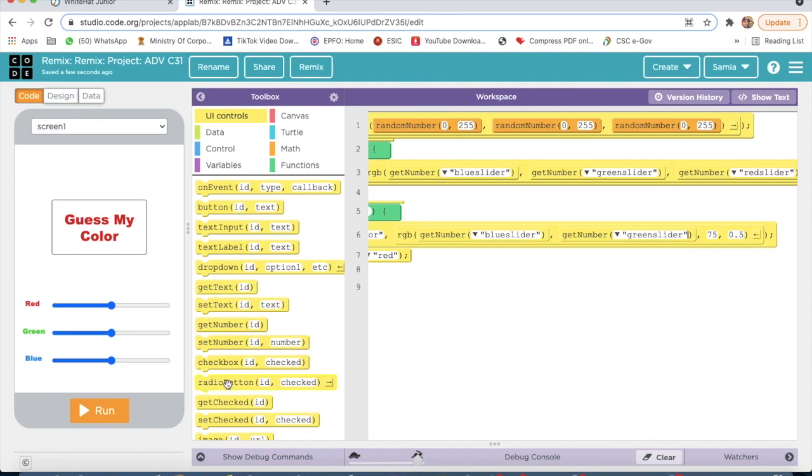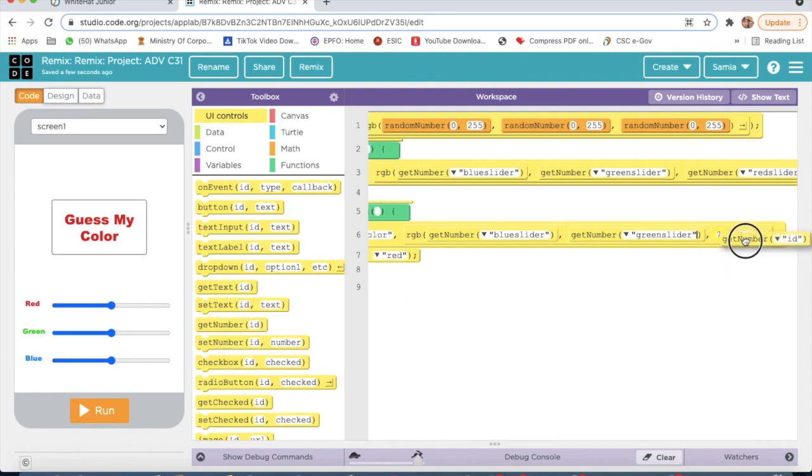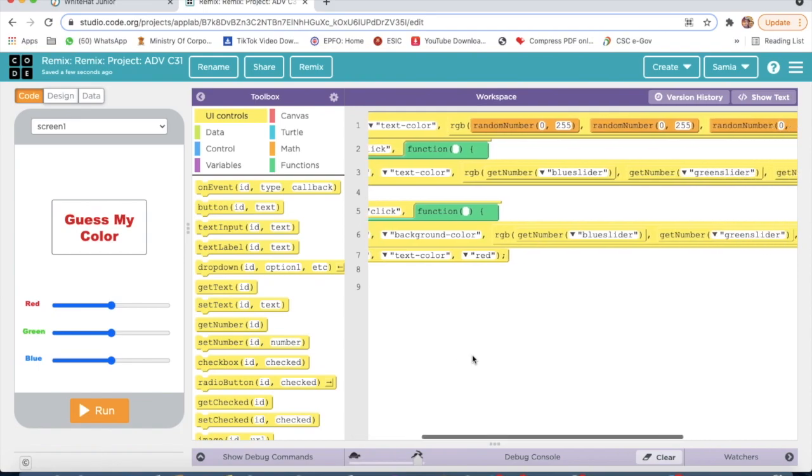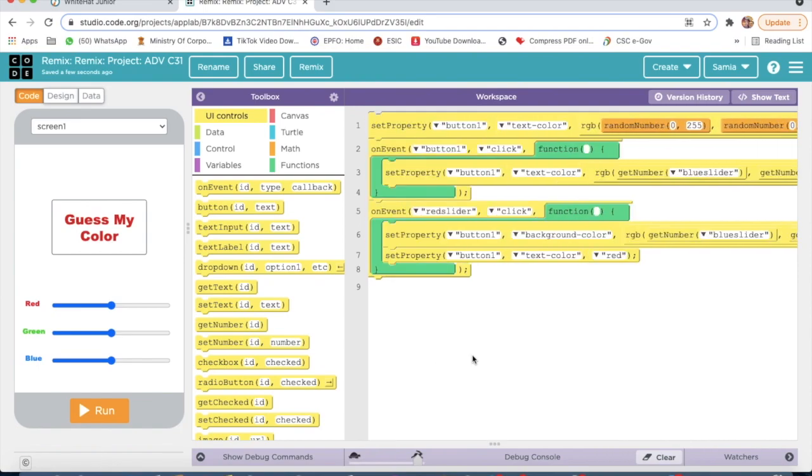Then again get number, and here I will select red slider. And these, how much will we set? All numbers will be 0.5, the last numbers will be. Then we are done with red slider.